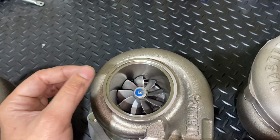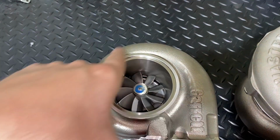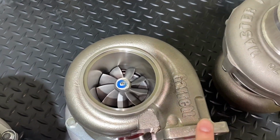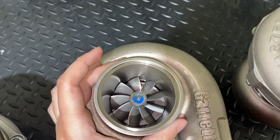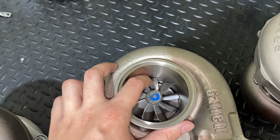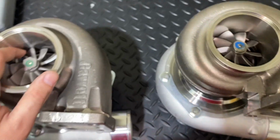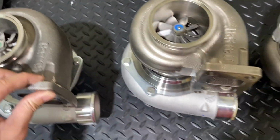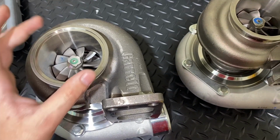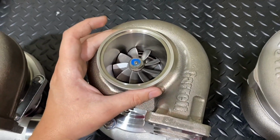It's going to also take a little bit longer to spool because it's going to have fewer blades that actually get moved by the exhaust gases. But I actually believe that by taking off this blade, it's going to improve the response, rather than having this extra blade that actually takes off top end of the car because it doesn't flow enough for the 3-liter engines. Because it's a small turbine wheel, it's a 62mm turbine wheel on both turbos on the